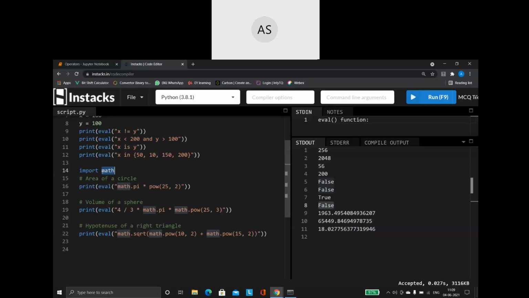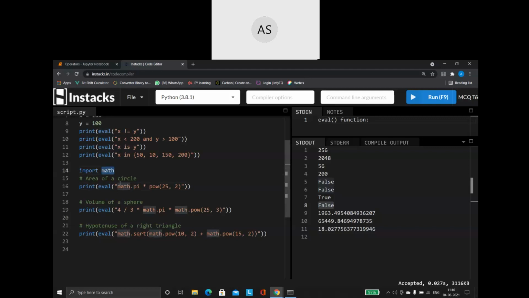Same way, if you are learning Java, you have the import statements in Java also. Whatever predefined functions are there, they create the function and place it inside a file. Whenever we want to make use of that predefined function, we have to import that file in our program. That is what I am doing here also. I have a predefined module, we call the packages here modules, called math.